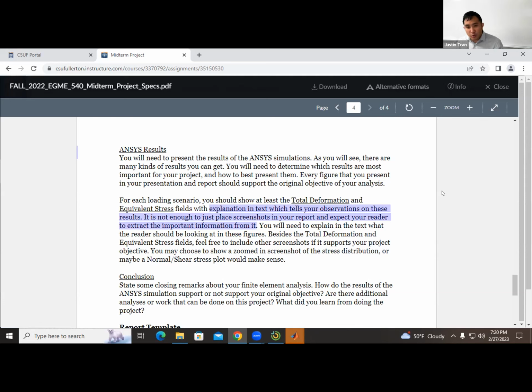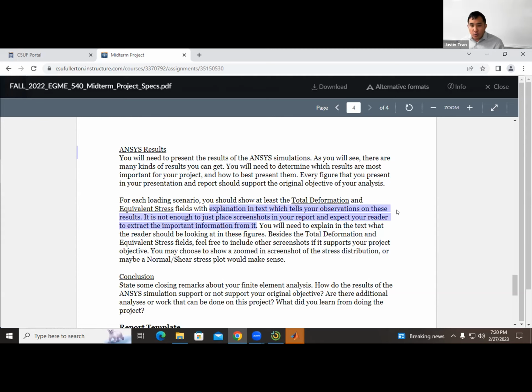And so, you can say the results kind of speak for themselves. Well, if you know what you're looking for and you know what you're doing, yeah, the results speak for themselves. But a lot of times, you'll be presenting these types of reports to maybe your manager or the director, who may not have intimate knowledge of what you're working with. And so you should still have some text there to explain what they should be looking at.